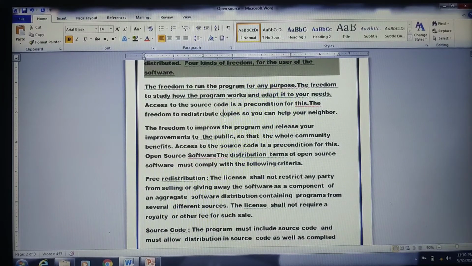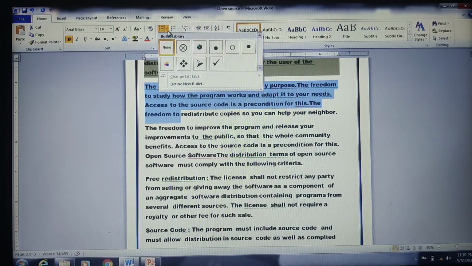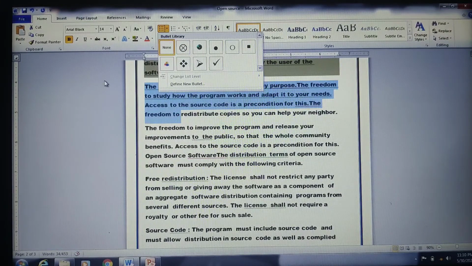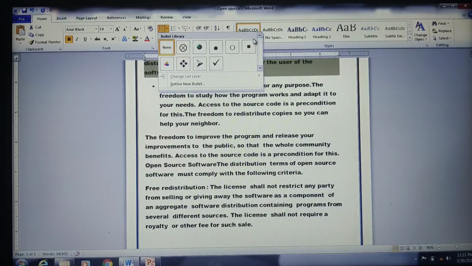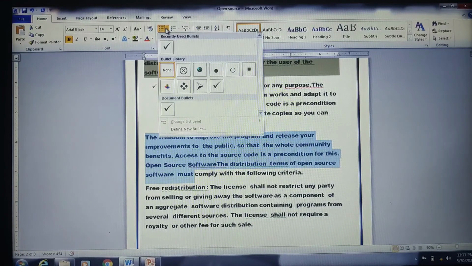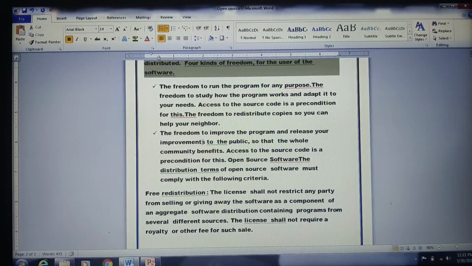How to add the bullets? Now look at this one. I want to add the bullets to this particular paragraph. Then you can just click on this particular bullets option. We have different kinds of images, if you want to have these bullets, you can go for this kind of bullets. Okay, all right, so you can click on this mark. You have a bullet here, fine. If you want to add the bullets to this also, just click. Okay, you can have the bullets like this.